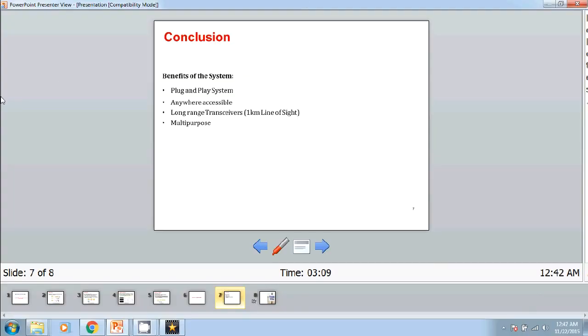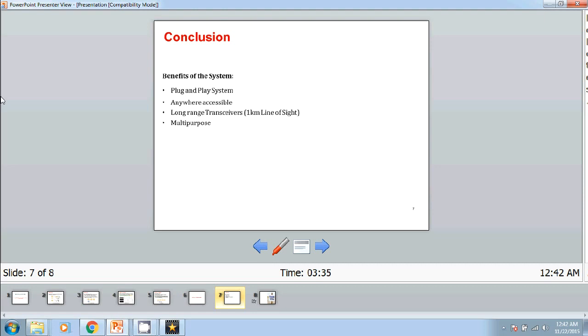The benefits of the system shown are: first, it's a plug-and-play system, easy to use. All you have to do is select one node, add some sensors, and you will have the data on your server, accessible anywhere. With simple services like NGROK and local tunnel, you can access the data from your wireless sensor nodes on the central receiver connected to a server from anywhere using an active internet connection.